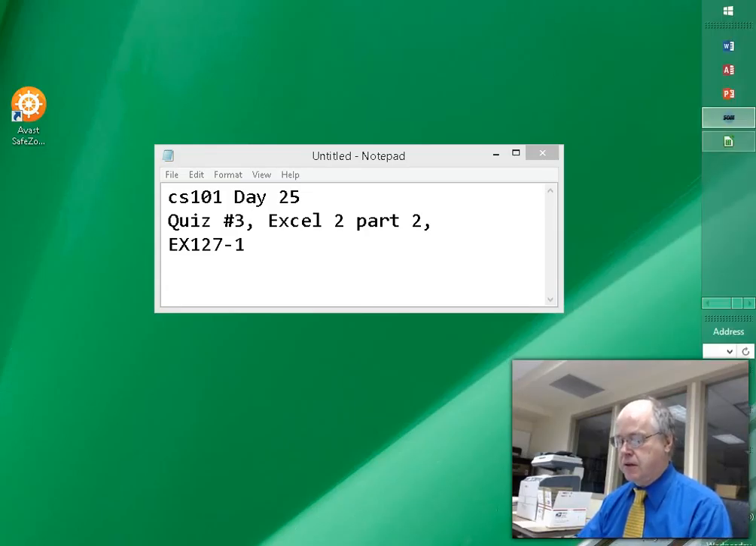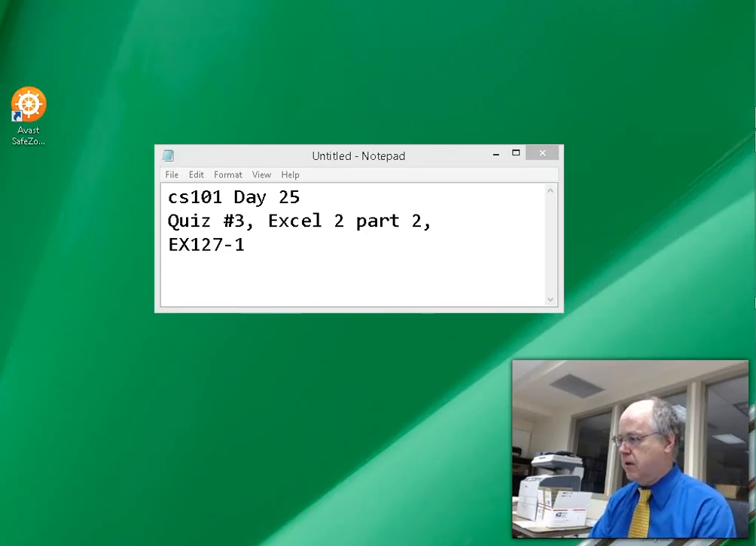And I have to find Excel here. Let's just start it up from the command line. Look for Excel. Come on, Excel, where are you? My PC is just really slow right now. Finally,